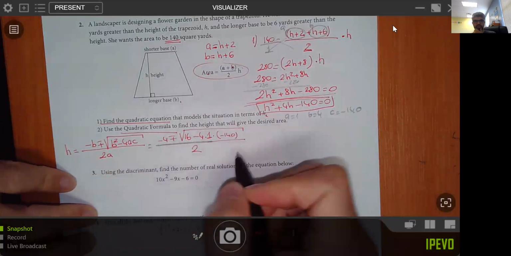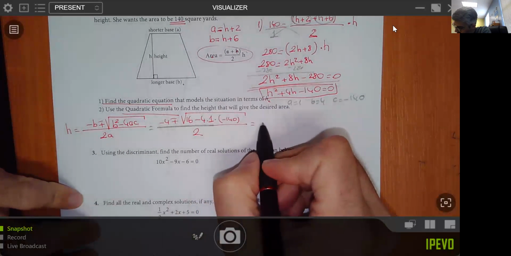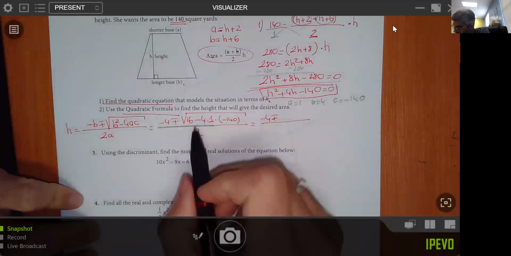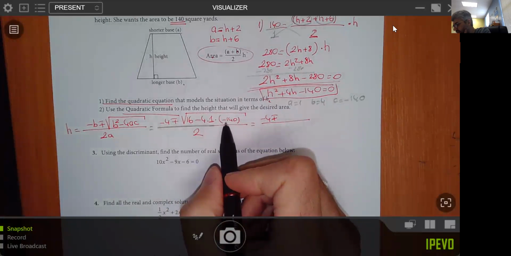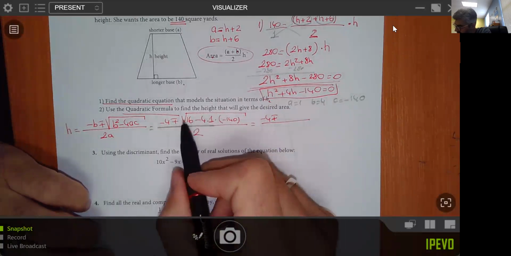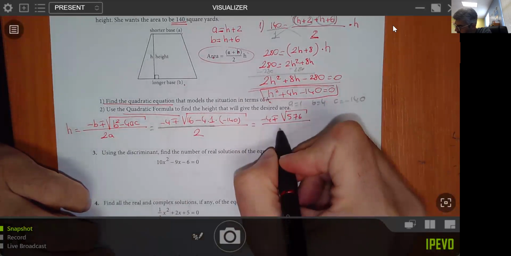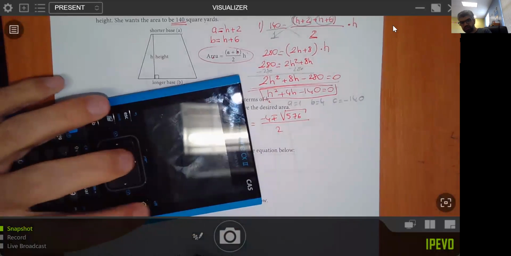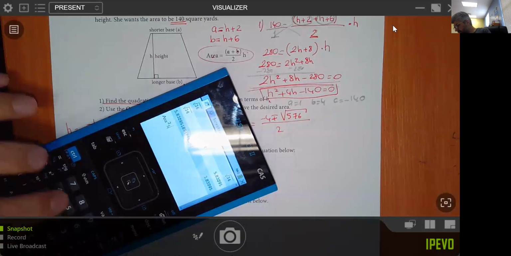2a, 2. Okay. And what is next? Negative 4 plus or minus, what do I have in? So 4 times 1 times 140, it's 560, that minus times minus plus, 560 plus 16, it is 576 over 2. What is 576? Let's check it out. The square root of 576,